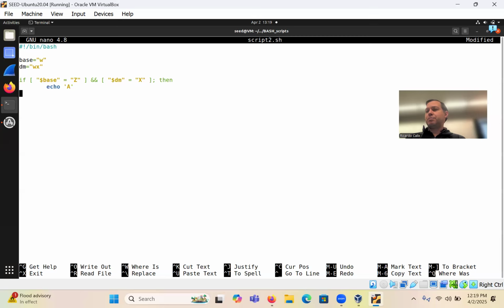Obviously, a lot of the scripts in Linux itself are written in native Bash. All right, so that's if. Then we have elif, right? So elif, and then the same thing. We're going to use the square brackets. Very similar notation. So space, double quote, dollar sign, base, equal. So you can see this was actually the contents of base. So this will be true. Notice the space here. Then two ampersands.